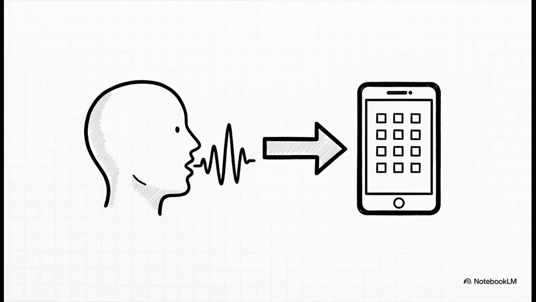So pretty much everything out there in nature is analog. The sound of your voice? That's not a list of numbers, it's a smooth, continuous wave. And the temperature outside doesn't just jump from 70 to 71 degrees, right? It flows through every single tiny value in between. But our gadgets, they don't think like that at all. They speak digital, which is a language made of separate, very precise numbers.